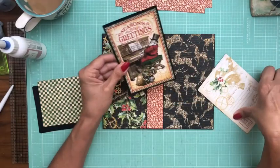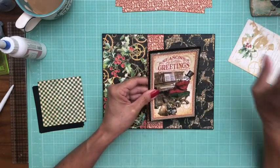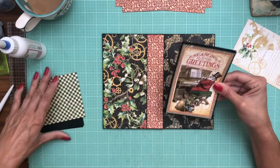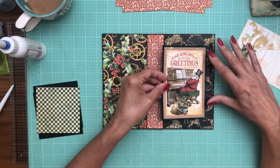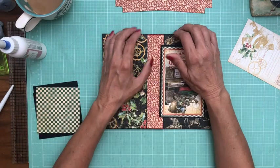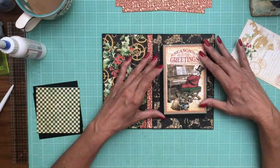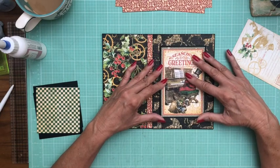So again, I use a 1/16 inch border. If you want to use a larger border, you're going to toss all those measurements out the window and come up with your own. So I'm planning on placing this like so, and I'm going to show you my original design. It was this way, and I may go back to it. Centering this ephemera card on this panel,